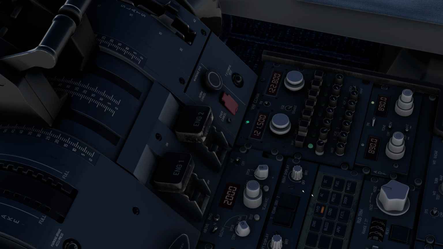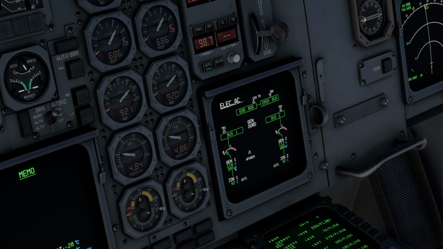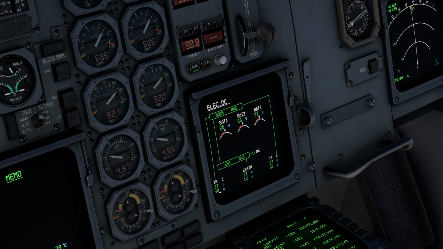airport. Moving on then to the AC electrical page, we have a look at the load of the generators, the IDG temperatures, and just making sure that everything is connected properly, as you can see over here. Now, over there we can now go on and have a look at the DC electrical page. And over here again we have a look at the load of the TRs. We verify that our batteries are operating normally, and personally I've had it a couple times already that going through